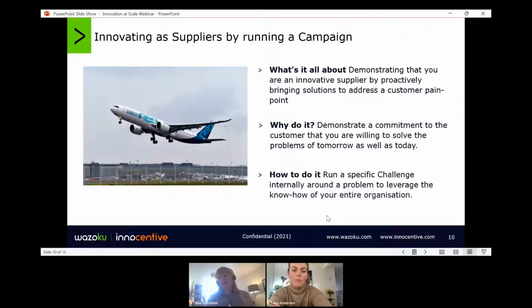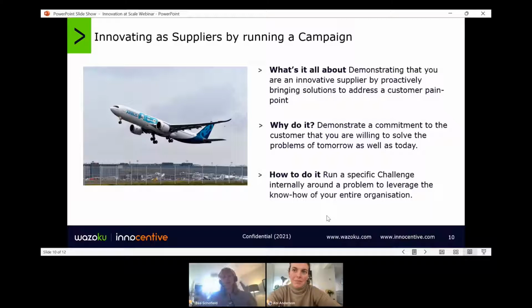It's taking a very specific customer problem, which is why there's a nice picture of Airbus on there. So one of our customers, one of their biggest customers was Gatwick Airport. And of course, in March 2019, Gatwick, alongside many other airports, and probably in fact every airport in the world, faced a grounding problem. All planes were halted and there was going to be no new traffic, no flights taking off for what ended up being, of course, over a year.